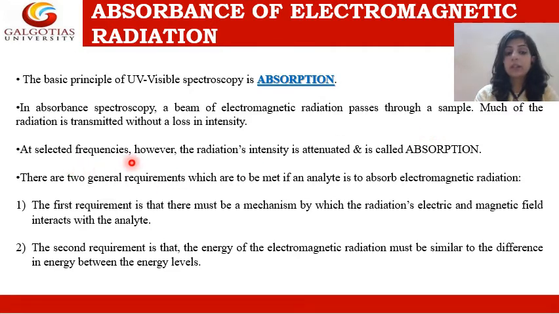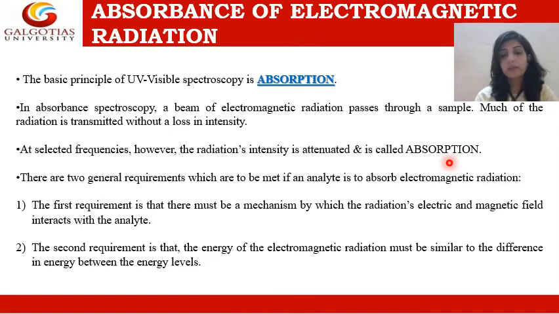But at certain selected frequencies, what will happen? We have the radiation intensity attenuated. That is, we get a decrease in the intensity of incoming radiation, and that decrease in the intensity of incoming radiation is known as absorption. So basically, what is absorption? Absorption is the decrease in the intensity of incoming radiation. A molecule will absorb the incoming electromagnetic radiation, and for that the incoming radiation intensity gets decreased, and after absorption your molecules will show a transition from the ground state to